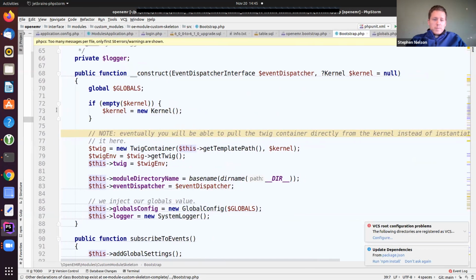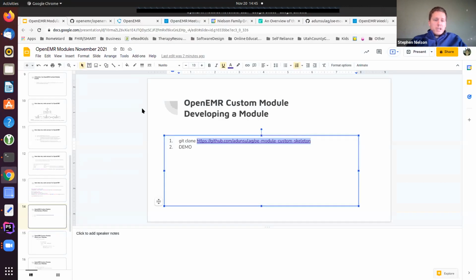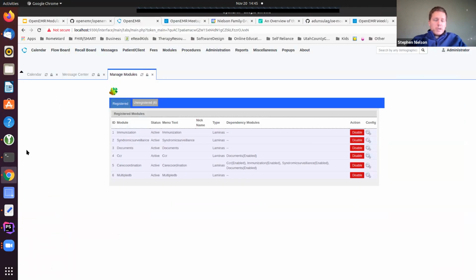It does a bit of constructing, and then it's going to actually say, I want to listen into all of these events, right? I'm going to listen into some global settings. I'm going to listen into a menu, to some stuff on the pages, and to the API. And let's just install that and show you what that looks like.